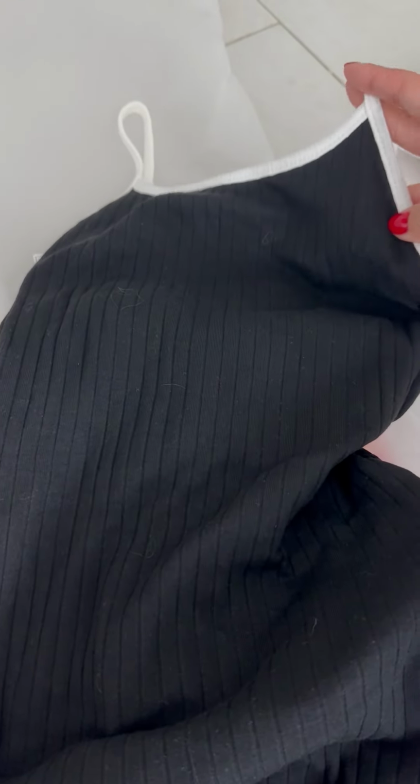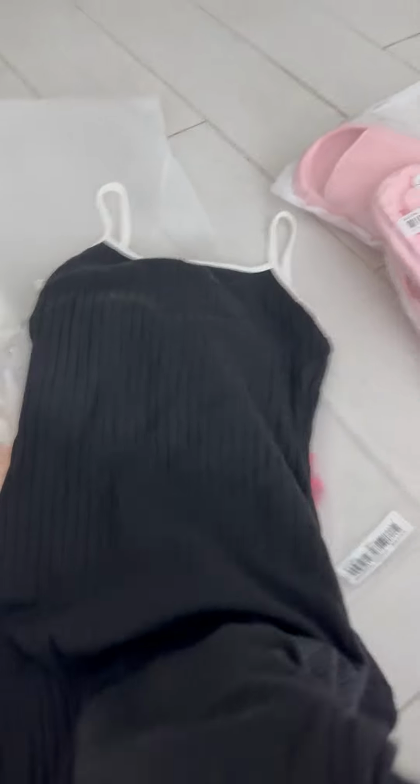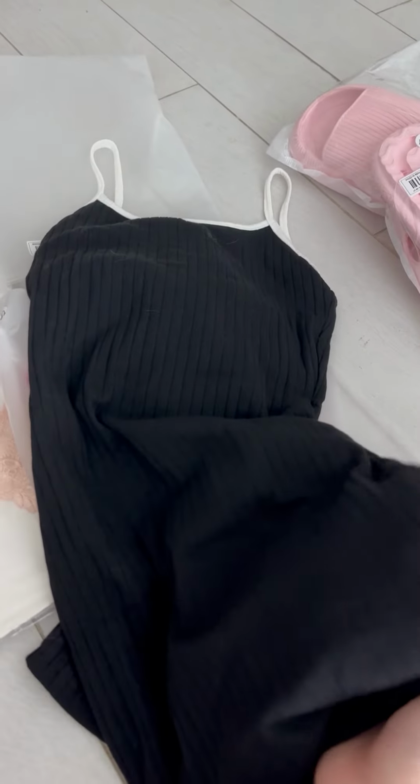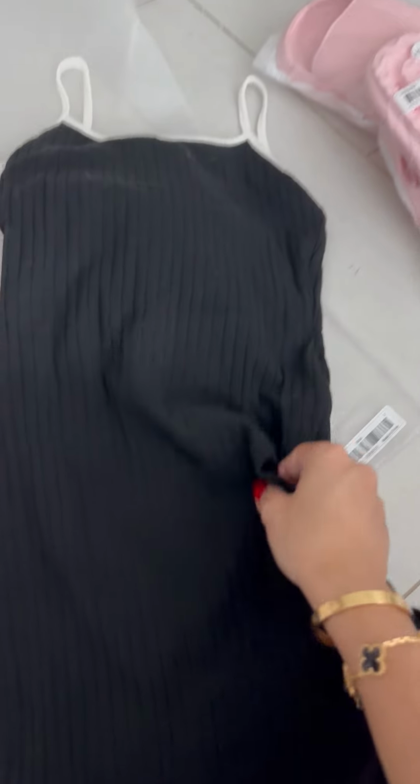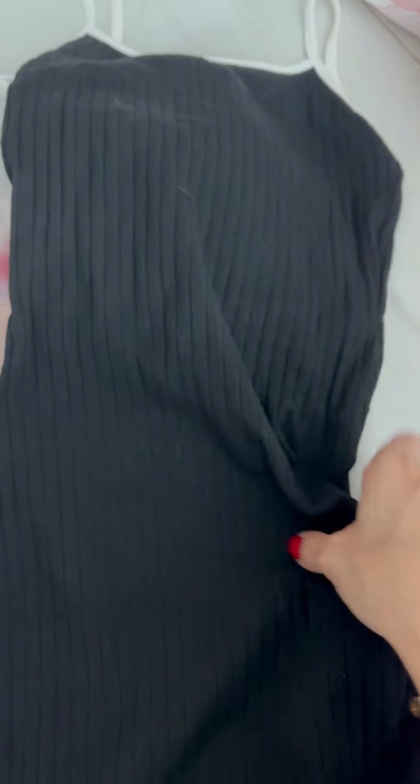It is so cute. So it's just this basic black maxi dress with little white trim, which I think is really sporty. I'll do another video actually trying everything on, but I just wanted to show you guys first. Like, this is pretty nice. So this is the first dress, and then the second dress I got is